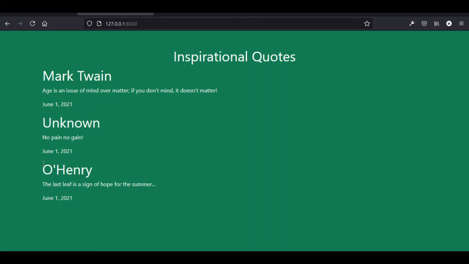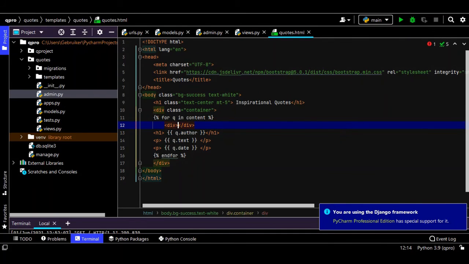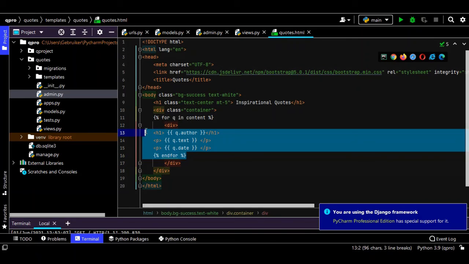Okay, now what else do I want to do? I want to have boxes like cards here, 1, 2, and 3, like this, or 2 in a row or 3 in a row, not just one, you know, not just like that. So let's see how we can make some boxes. So here, let's have a div. So this is a div that is going to be repeated over and over again, right? So we can have it here,